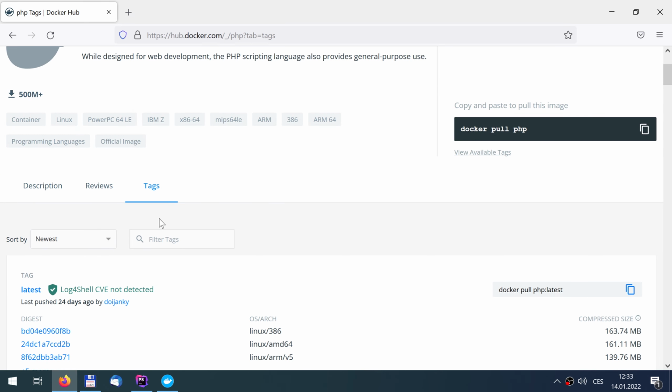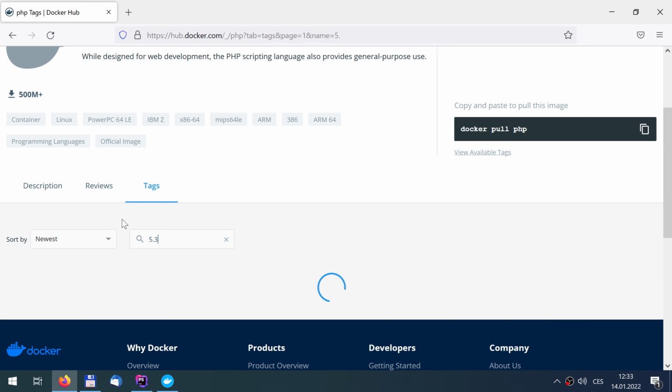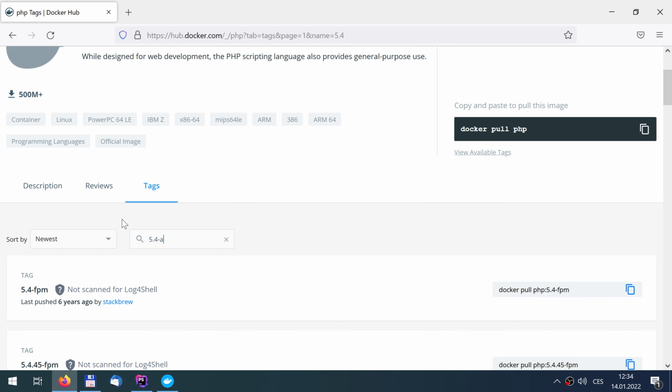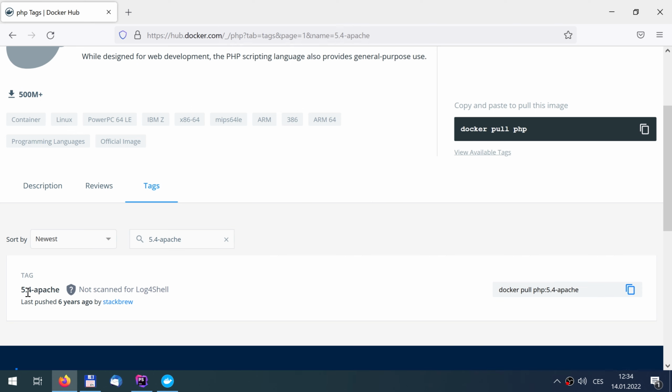There's a really large number of them. Thanks to these tags, I can download an image of a particular, for example, very archaic version into my Docker. Alright, 5.3 isn't here anymore, so 5.4 with Apache together, and here I even have a command how to download the image.